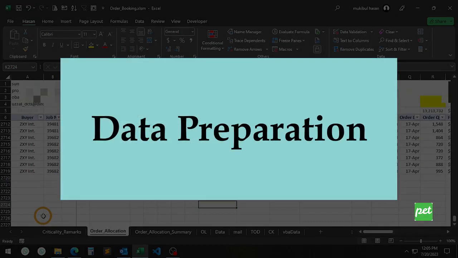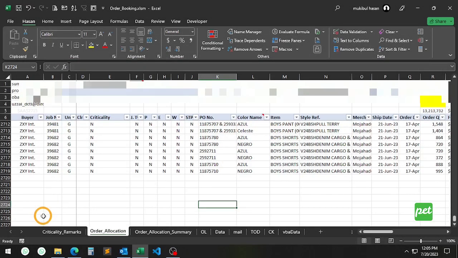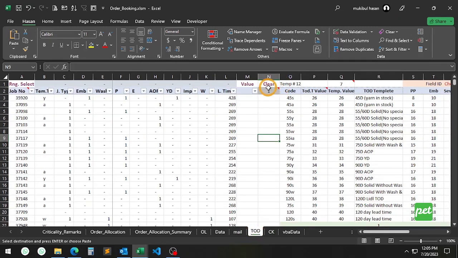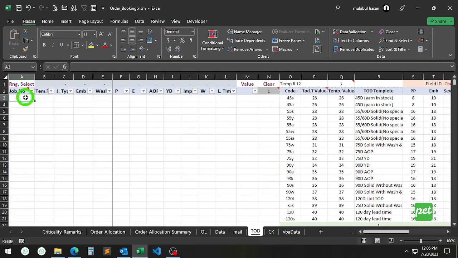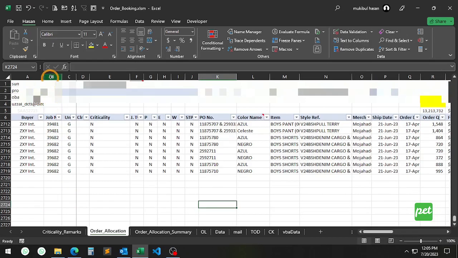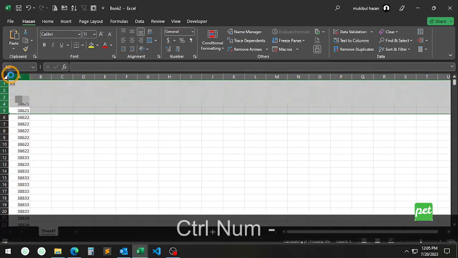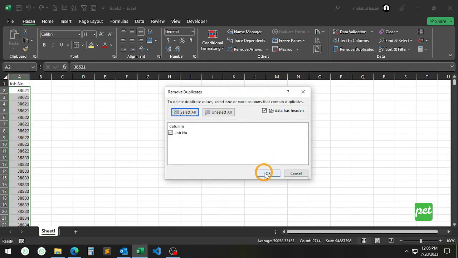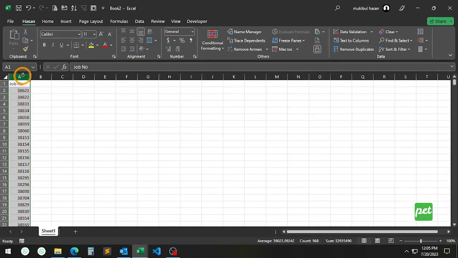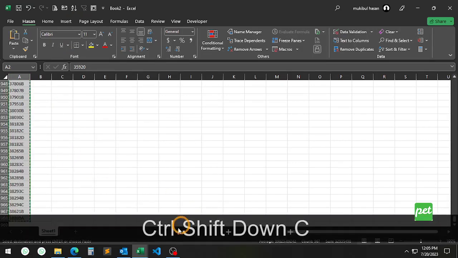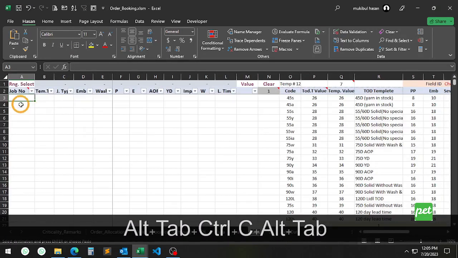Data preparation. Let me show you how I get the data ready for the update. I have a list of order numbers in column B. I will do the following steps to clean the data. First of all, I will remove any unwanted previous data. Then copy all the order numbers from column B. Remove any duplicate order numbers. Sort the order numbers in ascending order. Skip the title row. Now I have a clean list of order numbers that I need to update on the